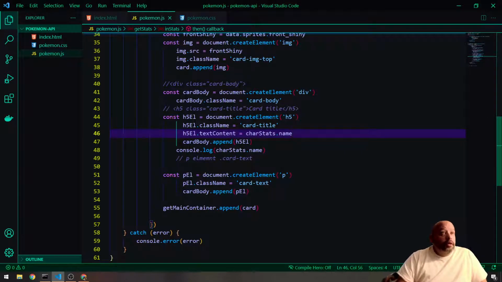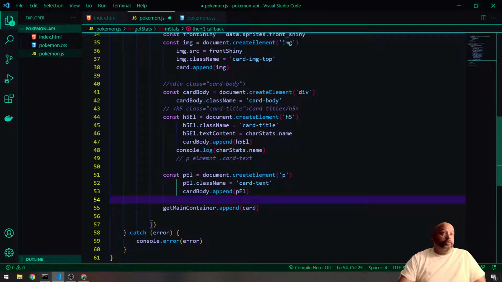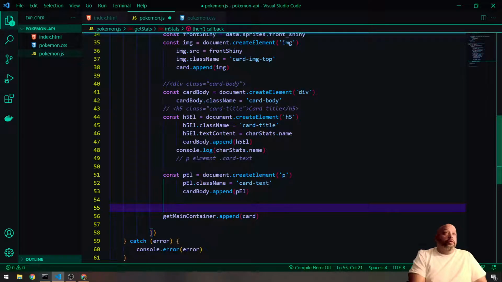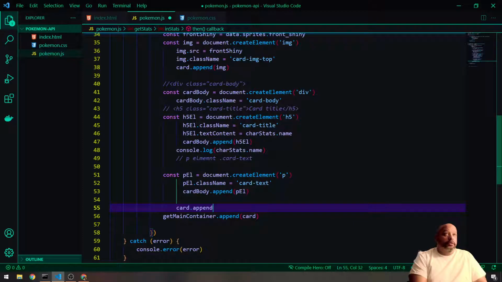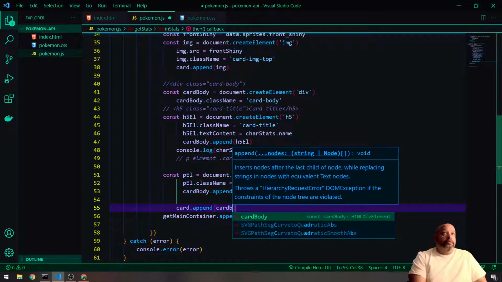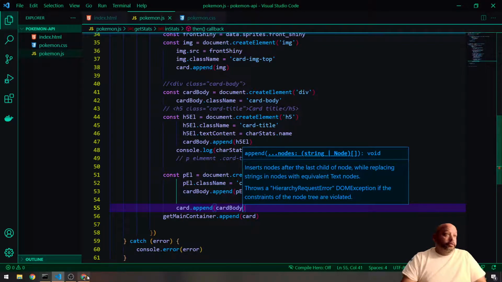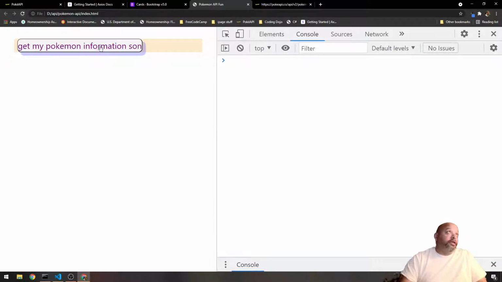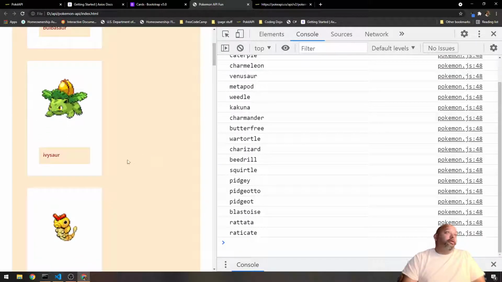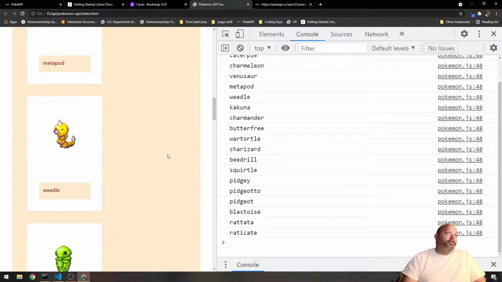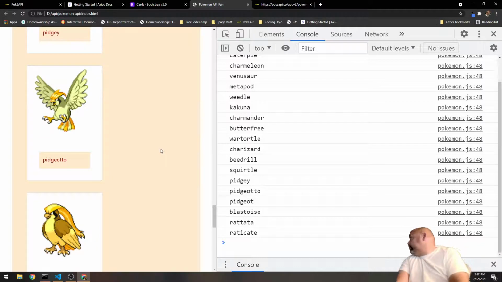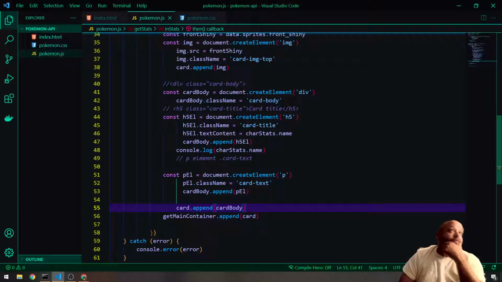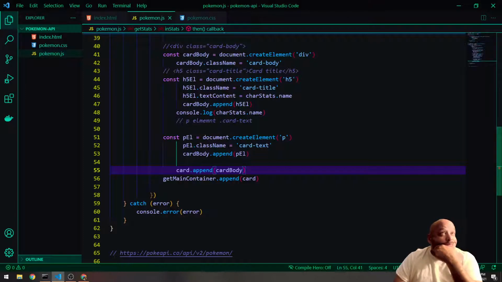Oh, that's one of the things we didn't do right here at the end. This is the last one we have to do here. We have to put card, the append, and card body, right? We didn't do that yet. So that's one of the reasons you don't see the name. So let's refresh that. Bulbasaur, you got Ivysaur, and now the last thing I want to do before I finish this video, which is not that bad, a little bit faster than before,